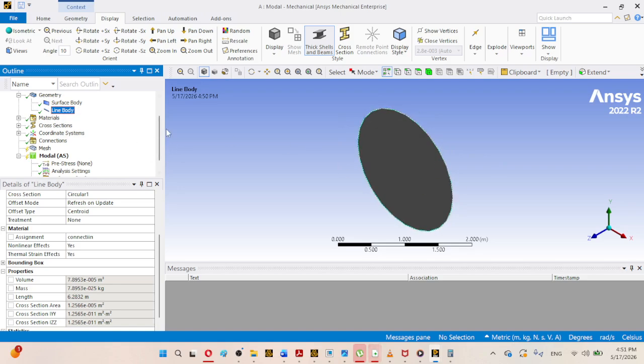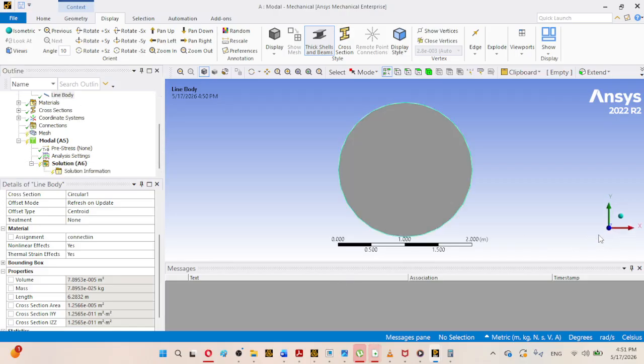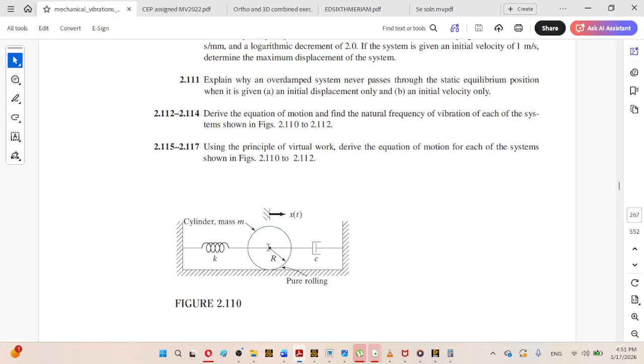So now the important thing is, observe it in the planar view, and here the important thing now is that we will be connecting this damper and the spring, and because this is actually the ground,